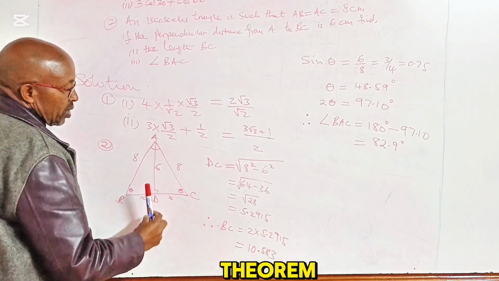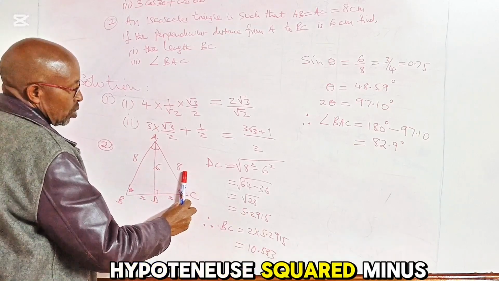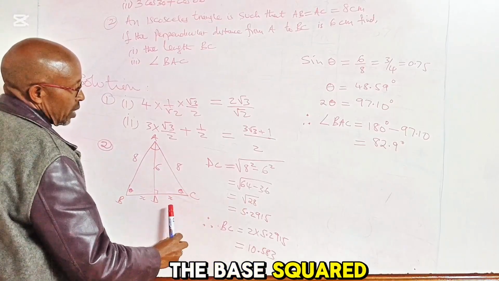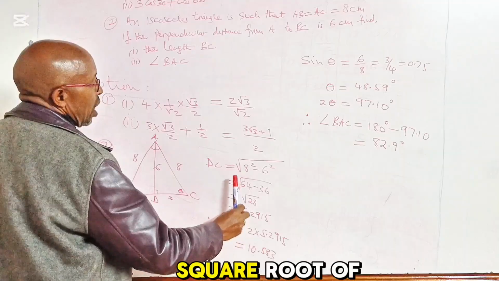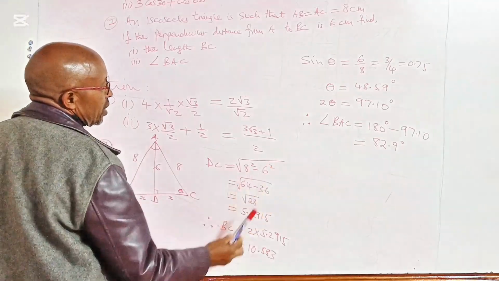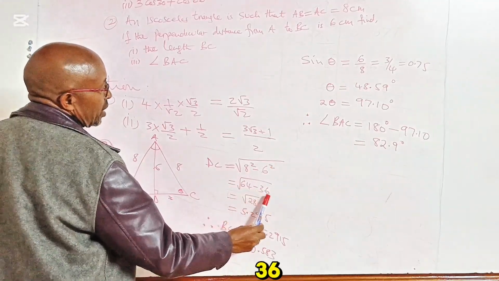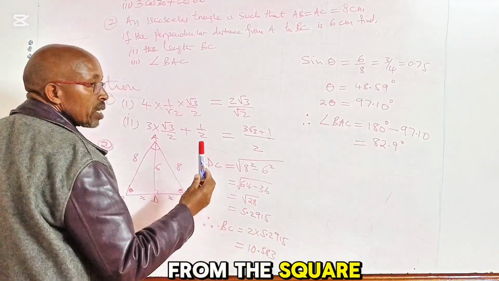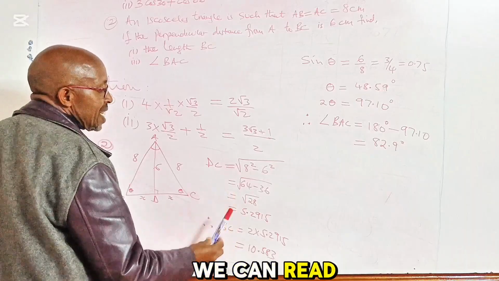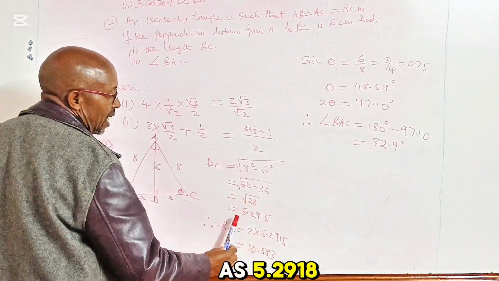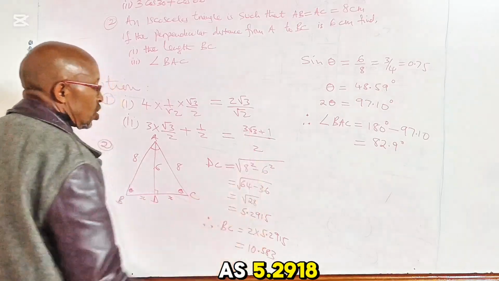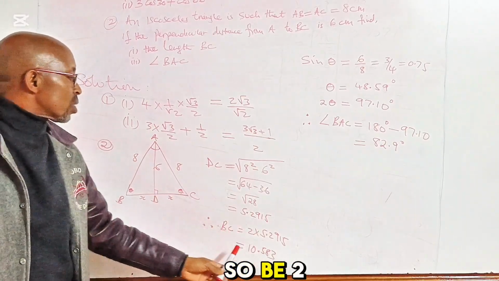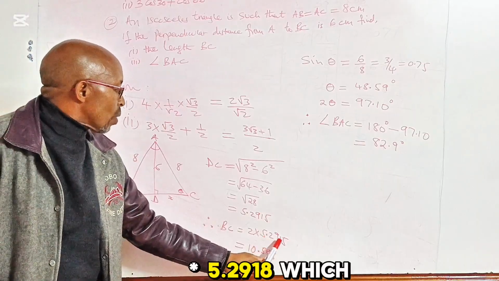Using the Pythagoras theorem, hypotenuse squared minus the height squared should give us the base squared. So we'll have the square root of 8 squared minus 6 squared. This will be the square root of 64 minus 36, which is the square root of 28. From the square root tables, we can read the square root of 28 directly as 5.2918. Therefore, our BC will be equal to twice DC. So it will be 2 times 5.2918, which is equal to